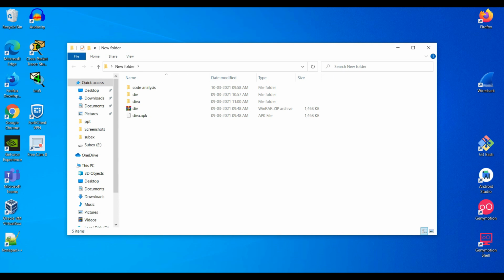Let me summarize once more. Till now we have done the introduction to Android, and we learned how an application is built from the developer's point of view. After that we saw the code analysis, what things we have to look at, and inside the Android application what is important and what is not. We have also seen the vulnerable applications which have the reverse TCP connection as well as the WebView vulnerability.